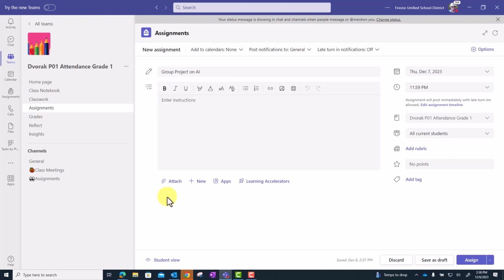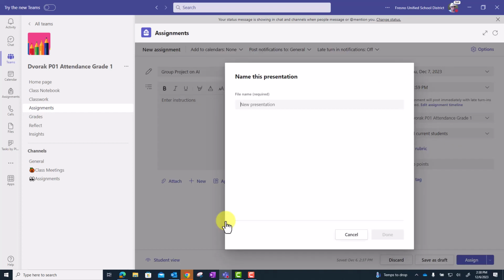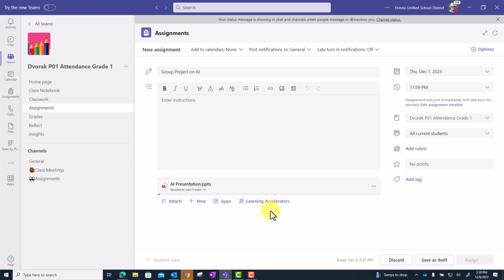If you're adding one brand new from scratch, click on New and go to PowerPoint Presentation. And here you can name it, and we will click Done. All right, and we can see here that that PowerPoint file is loading up, and you'll notice right underneath it